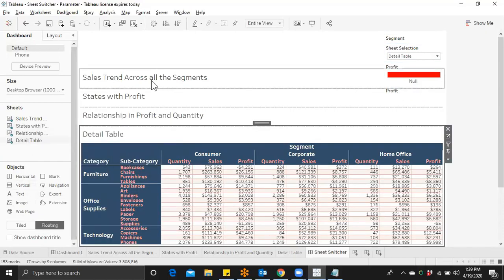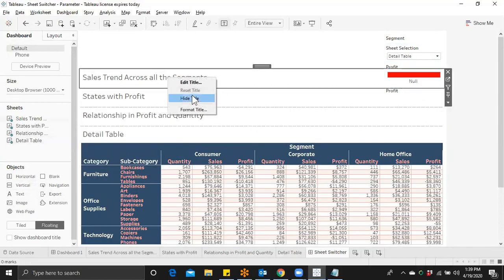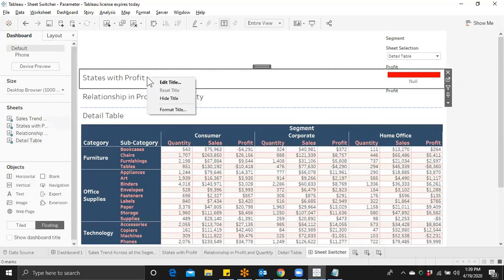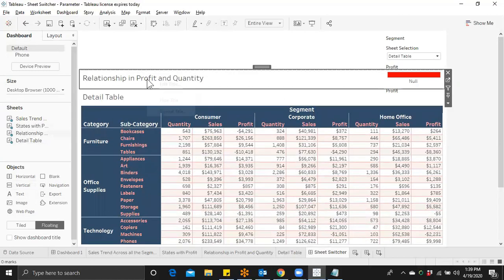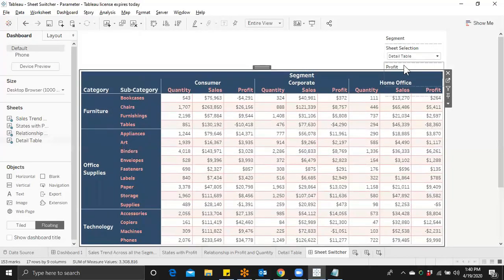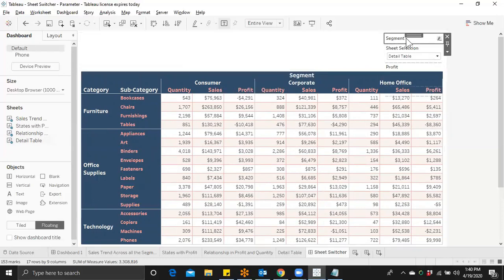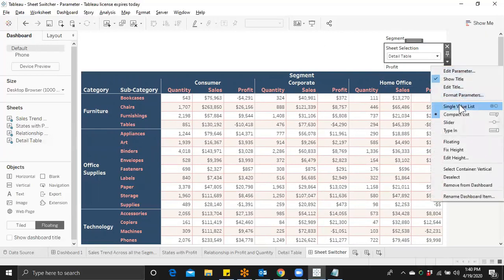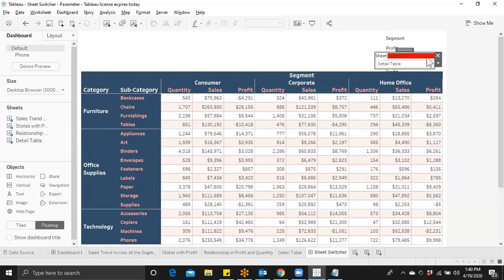Okay, and right click on the title and say hide title. Make sure all the titles are hidden now. No worry about the title, we'll make it dynamic. By default, whatever you are tracking, everything will be coming here. But we need this parameter. Now we'll say floating.